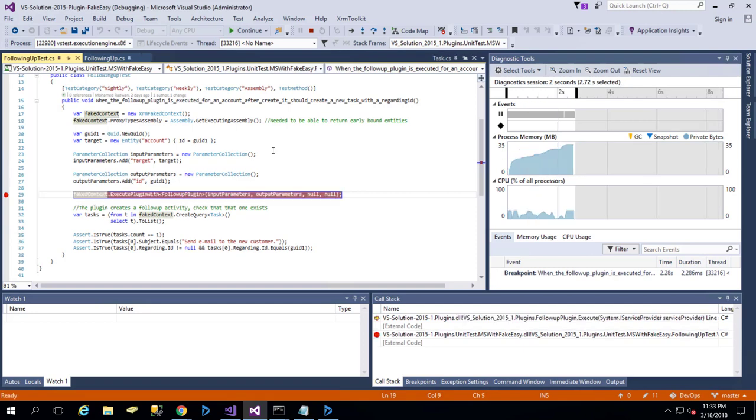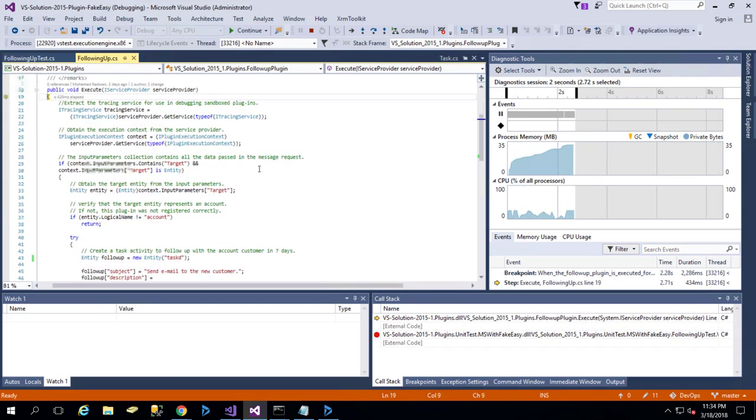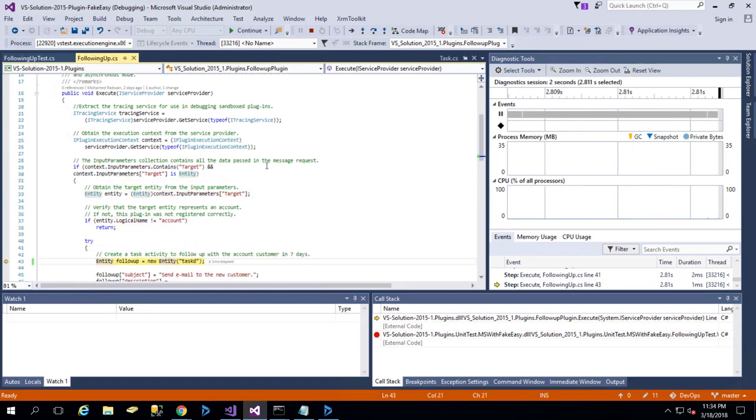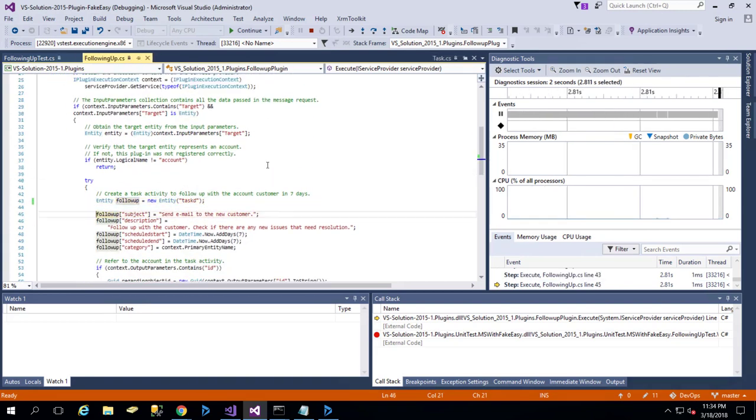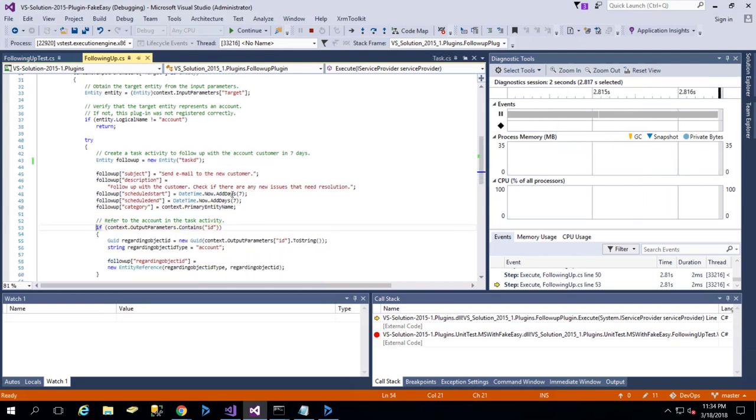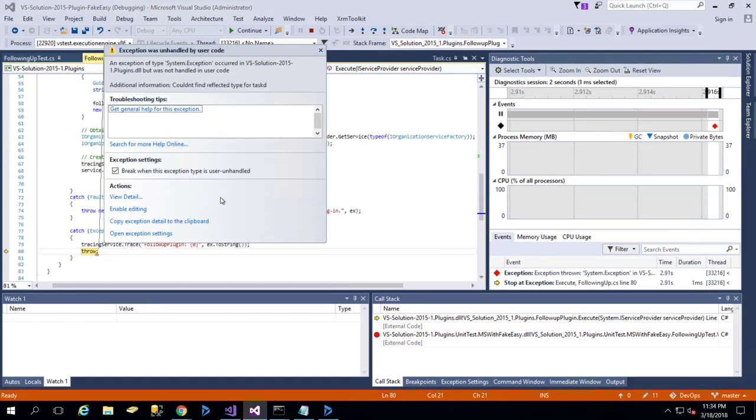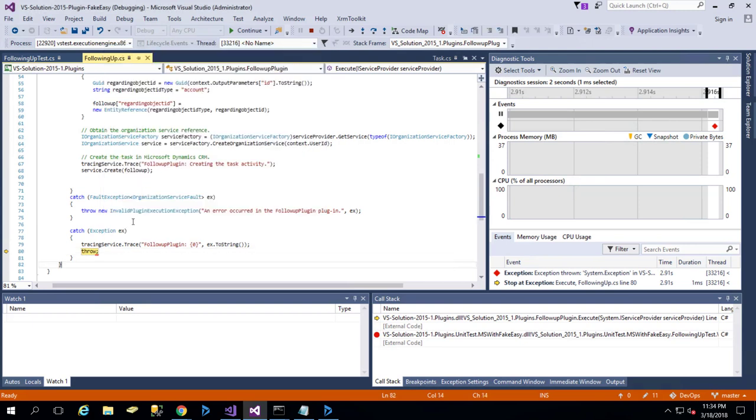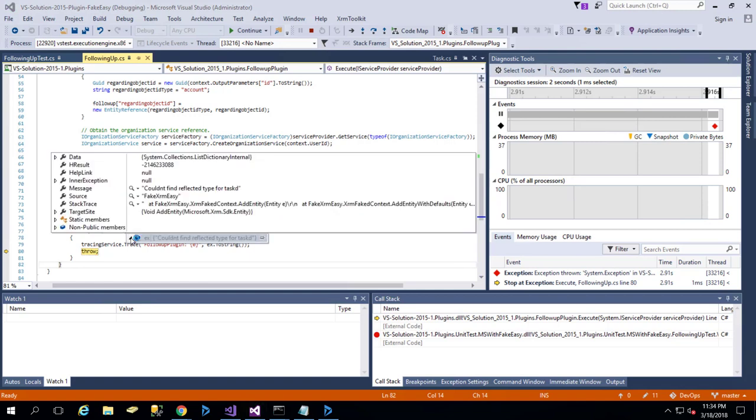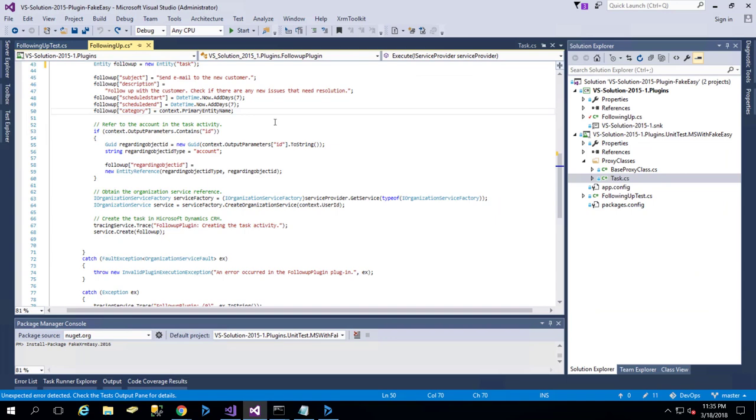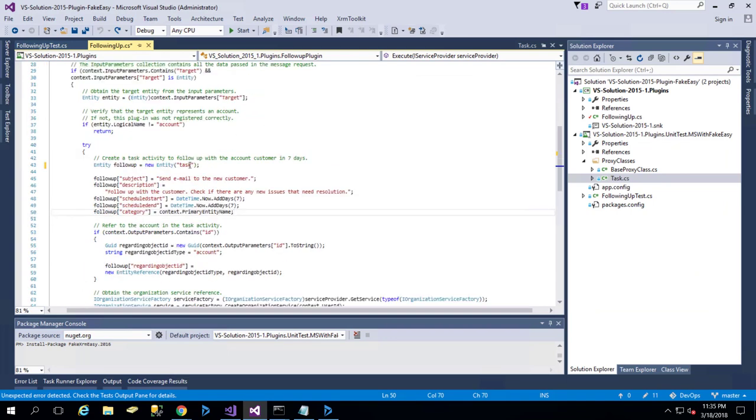If I step, so of course I tried another entity, which is not right, but here is the exception: couldn't find reflected type for tasks. So if I return that back to the task